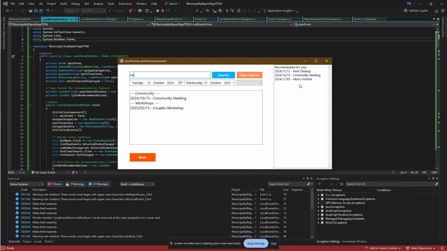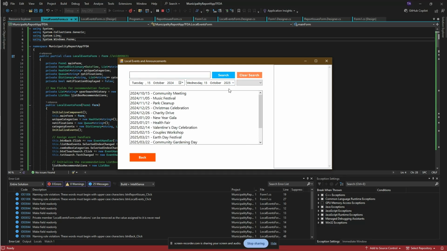If we continuously search more or continuously type, it will provide new recommendations. If we click the clear search button, we can clear the search and we're back to normal and the recommendations clear. So if we use our date range picker and our category filter, we can select a new filter, let's